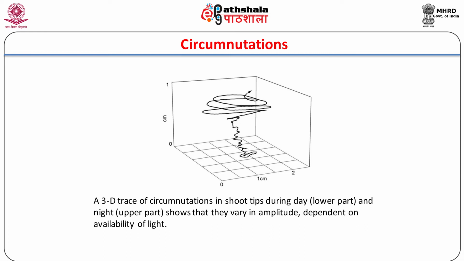A model of circumnutations ascribes the movement to asymmetric plasmodesmata development, due to which the symplastic transport of growth substances, especially auxins, is irregular. Besides this, asymmetric changes in turgor due to alterations in ion content may also be responsible for these movements. Changes in intracellular potassium and calcium ion concentrations were shown to change the amplitude and period of circumnutation, probably by altering the electric potential across the plasma membrane.